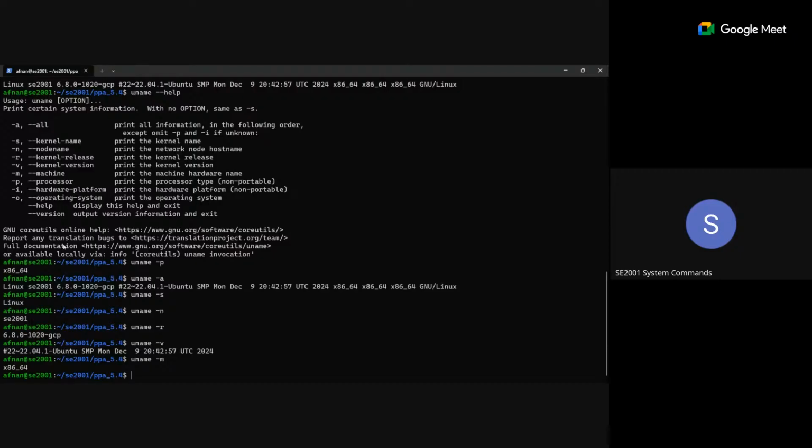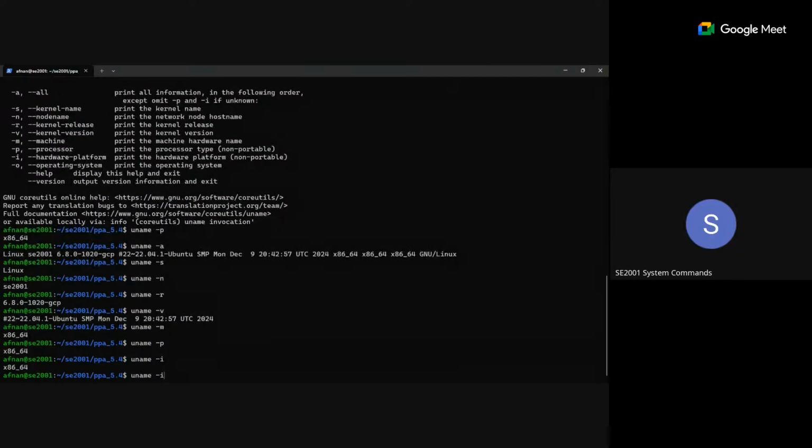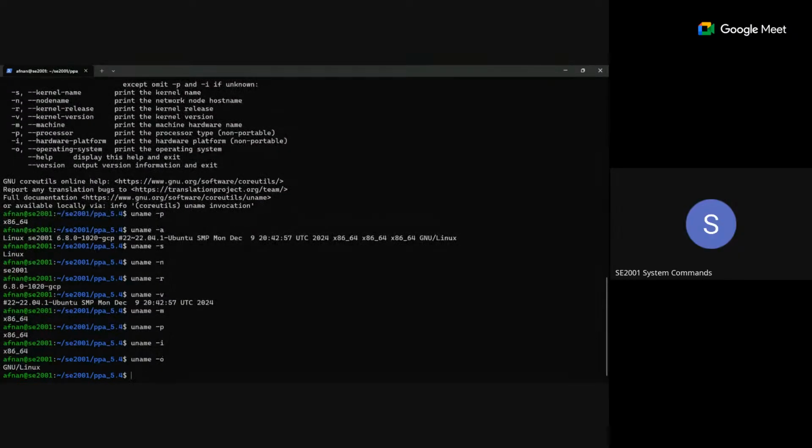Machine is the machine hardware name, but we need the processor architecture, right? And the hardware platform is -i, and then you have the operating system. So instead of matching from the front, because you have spaces and cut would cut it in a different way,